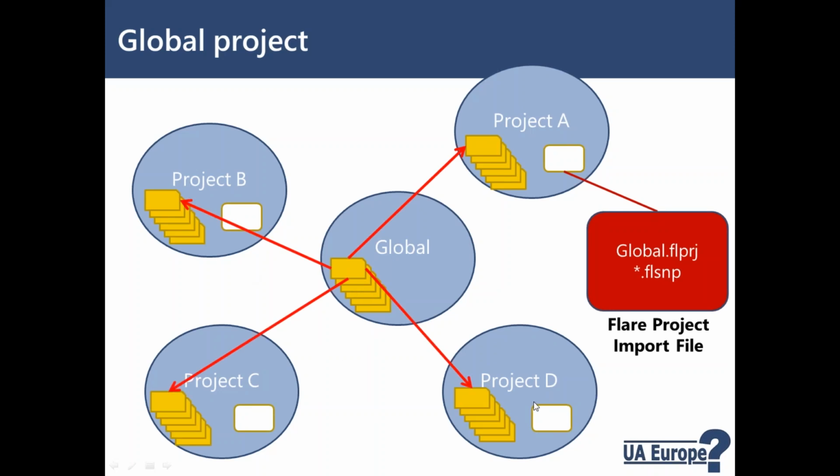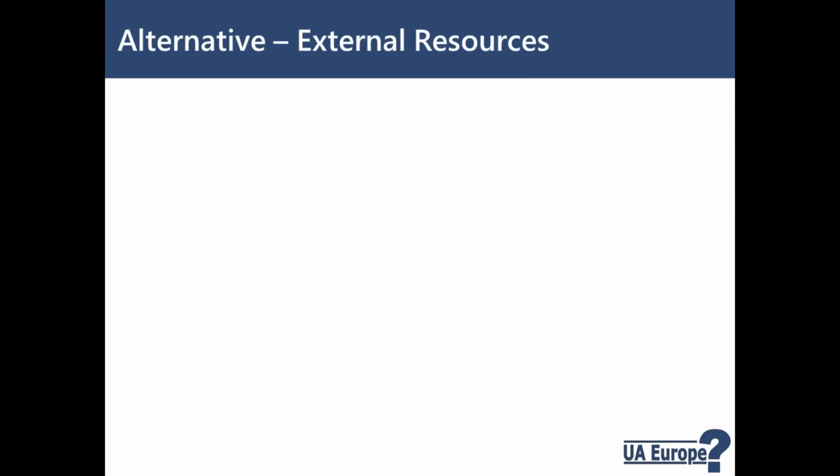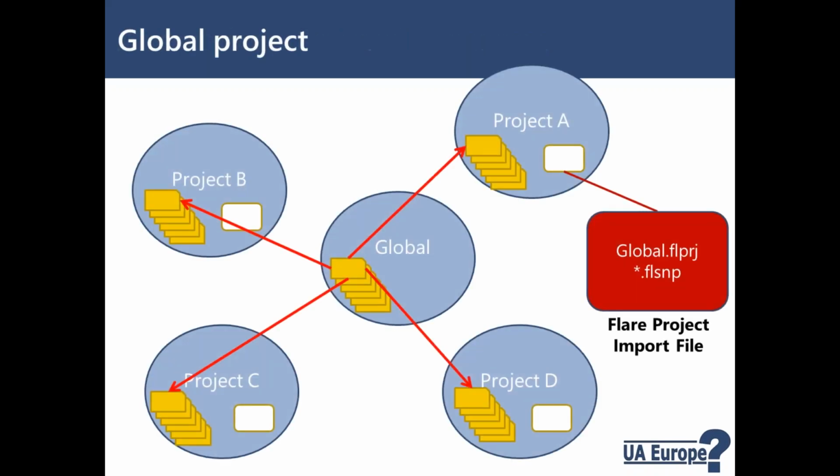And then it's nice and simple, because if I need to update any of those common snippets, I know where to do that. I'm going to do that within the global project. And any updates I make in that global project are going to propagate out to these other projects. And that's a nice centrally controlled system that I think is much easier to maintain. As an alternative, you could use external resources, but that doesn't have quite the same centralized, coordinated approach. So it's not my preferred approach. It allows two-way synchronization. What I like about global projects is information flows out of the global projects into the other projects and can't flow back.